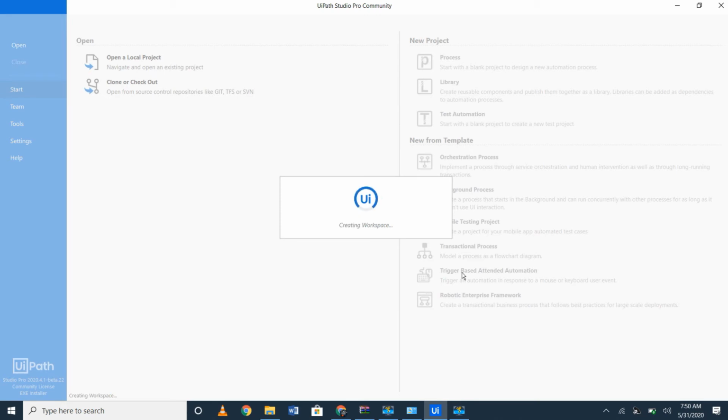It's creating the workspace now, adding all the dependencies needed for creating a project. It takes some time.